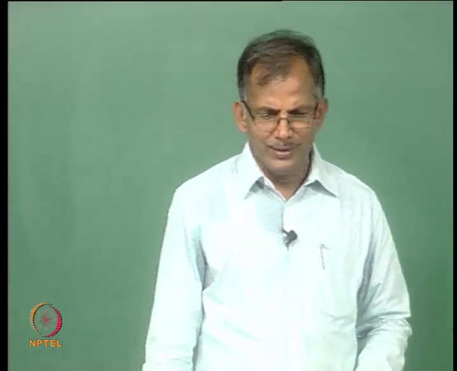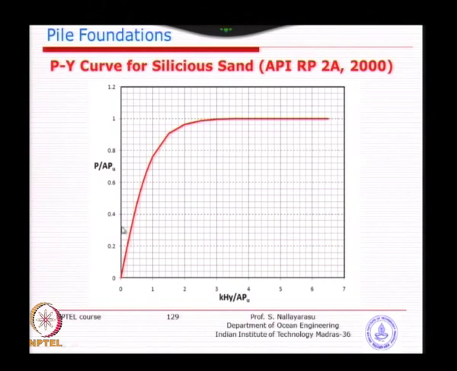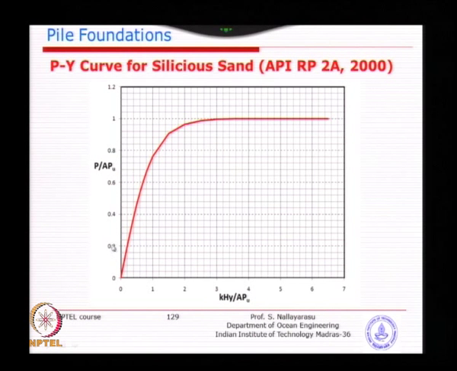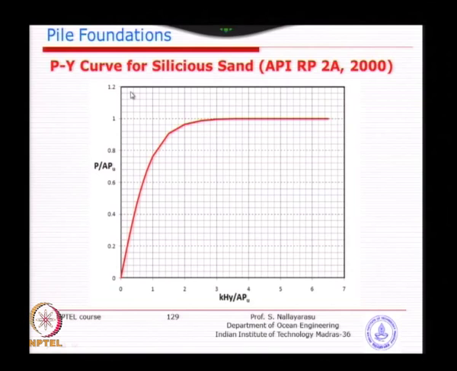If you plot it, you will get something like this. Of course, I have just normalized: I divide P by A Pu and bring it to one side, and the other side is k h y divided by A Pu. If you substitute all the values Pu, A as well as h and k, you will get the horizontal axis as y, and you substitute here, you will get P. So, I have just normalized so that I get the original relationship.